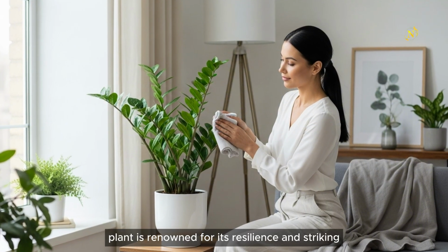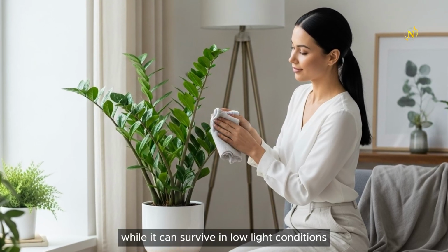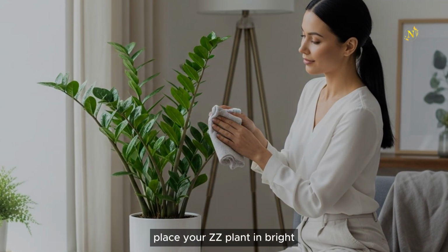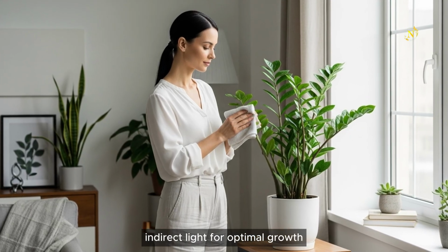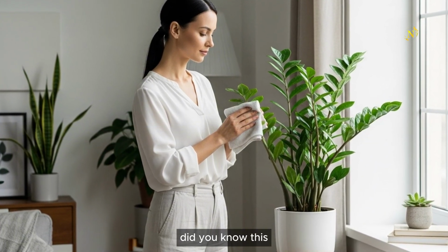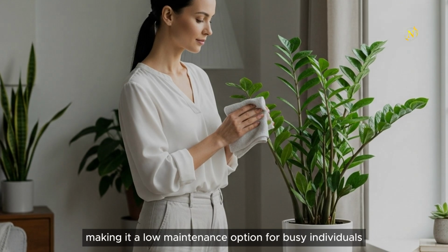The ZZ plant is renowned for its resilience and striking, glossy leaves. While it can survive in low light conditions, it's originally from the warm regions of eastern Africa and doesn't tolerate cold well. Place your ZZ plant in bright, indirect light for optimal growth. Water it sparingly, as it's drought tolerant, but avoid prolonged exposure to cold temperatures. Did you know? The ZZ plant is drought resistant due to its rhizomes, which store water, making it a low-maintenance